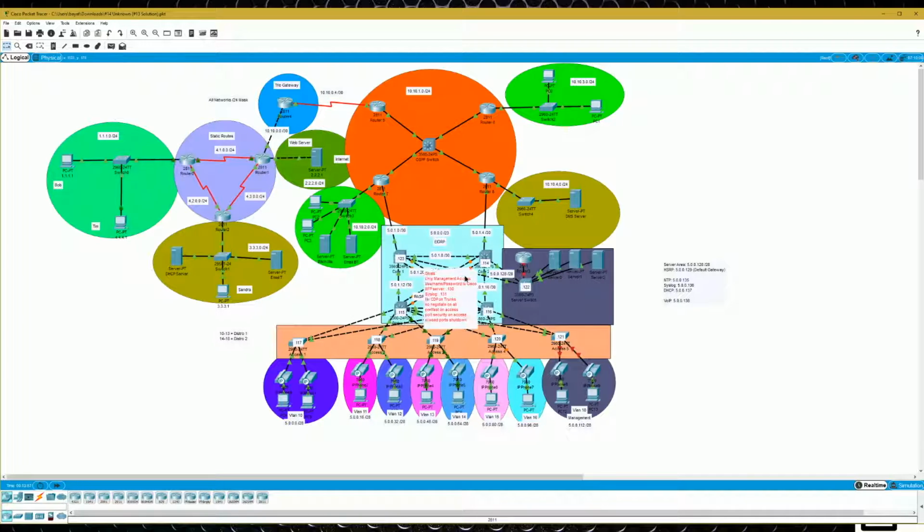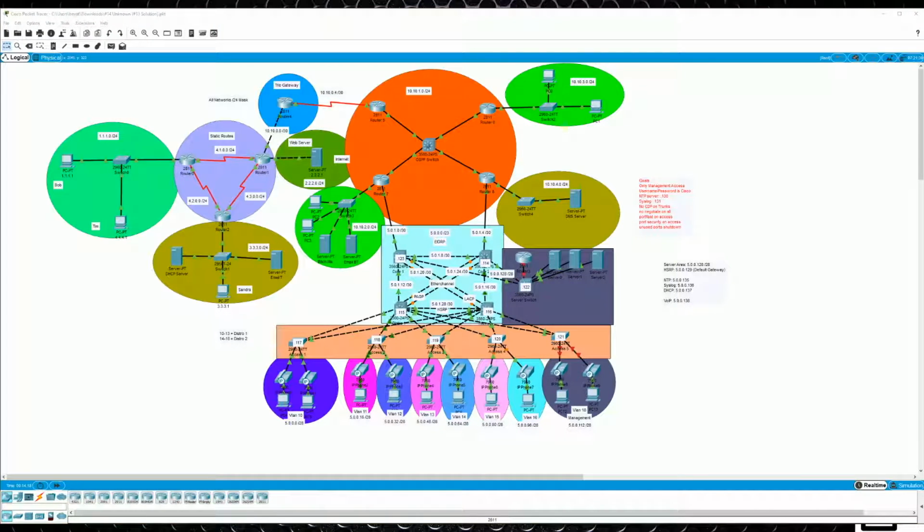A few little things here. I noticed that I had this note from before where our goal was to have only management access and this username and password, and I had some IPs for the NTP server and Syslog, as well as no CDP on the trunks. But I'm actually going to change this config, and let me see if I can get a whiteboard going here. Okay, see if I remember how to use this. So instead of